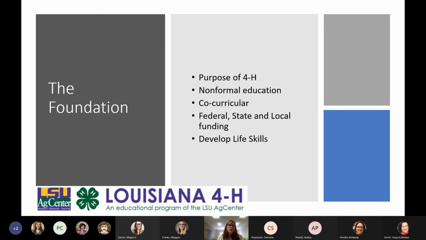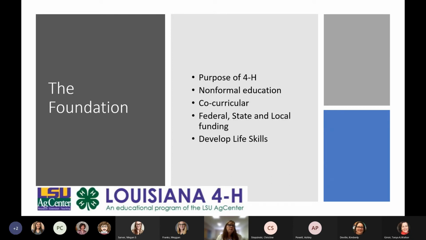Okay, the foundation of the reason why we do what we do, as far as the day goes, is very important within the orientation step. And as you were looking at the orientation objectives or goals, these things are very fundamental, and they're the foundation for what we do, and so they need to be aware of those things. The purpose of 4-H, these are just some things that you want to make sure to try to cover. It's non-formal education, it's co-curricular, the fact that we are federally, state, and local funded,